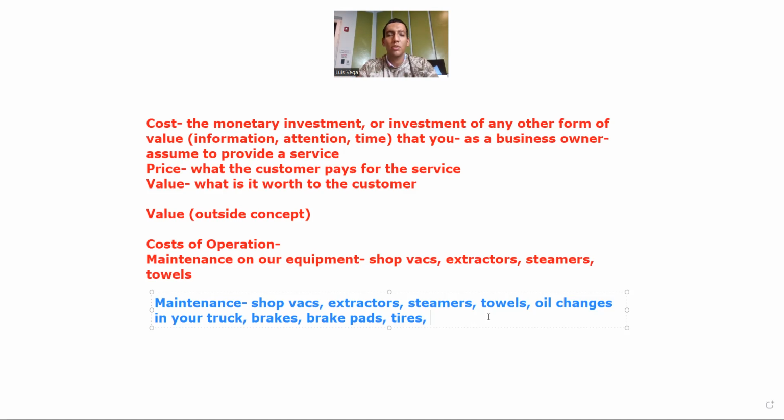If you're taking the truck into consideration, minimum you're looking at 10 grand to have a vehicle that you can safely operate and be dragging around. So you can't charge somebody 10 grand every time because that's what it costs you. But you can figure out, okay, it costs me $60 every 3 months to get an oil change. That's a cost of operation. Every 30,000 miles, I'm going to need new tires, which I'm not sure if that's the actual amount.